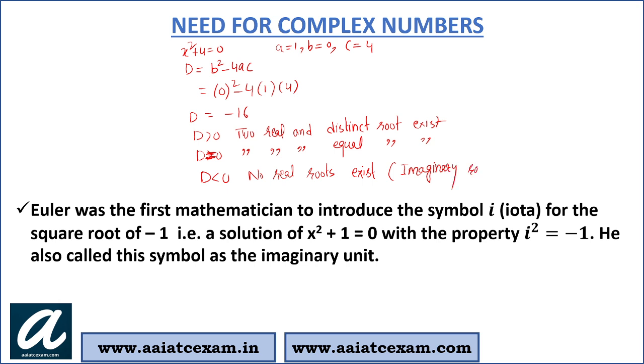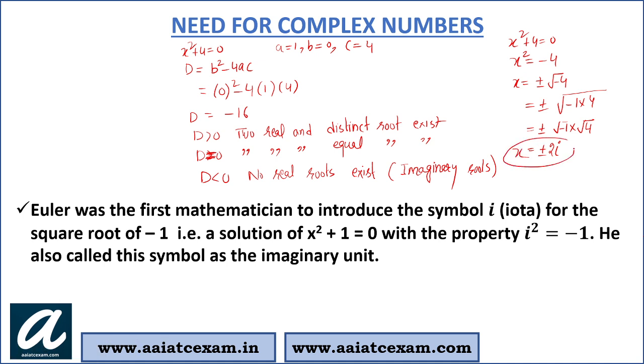What do you mean by imaginary roots, students? Consider I am writing x square plus 4 equal to 0. Then x square should be equal to minus 4 and x should be equal to plus minus under root minus 4. Now again I can write it here under root minus 1 into 4. So this is plus minus under root minus 1 into under root 4. This is plus minus iota, under root 4 is 2. So x should be equal to plus minus 2 iota. These are the imaginary roots. They are two imaginary roots, students.